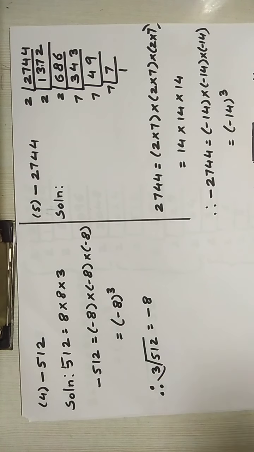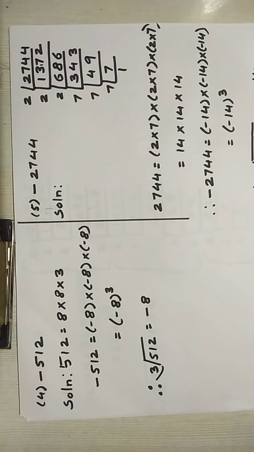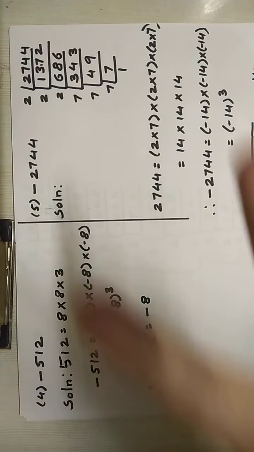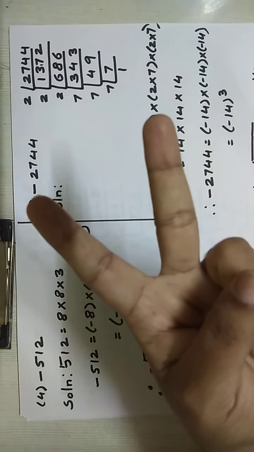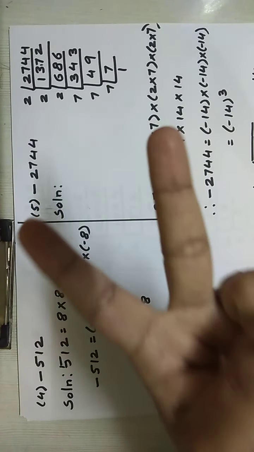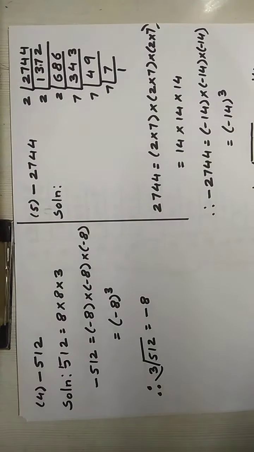When you have a square, one thing you have to note down, children, in your notebook in some important place: write down and keep that the square of every number is positive. Let the number be negative or positive, the square of every number is always positive, because when you do a square, you multiply the number 2 times. Minus into minus will give you plus, plus into plus will give you plus. That means when you multiply the number 2 times, you get the square positive.